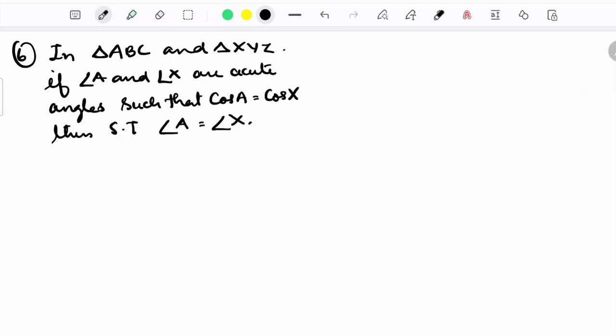Now this is problem number 6. It is given that in triangle ABC and triangle XYZ, if angle A and angle X are acute angles such that cos A is equal to cos X, show that angle A is equal to angle X. So first we'll draw this. Like you have this is our triangle, these are the two triangles. I'll take this as A